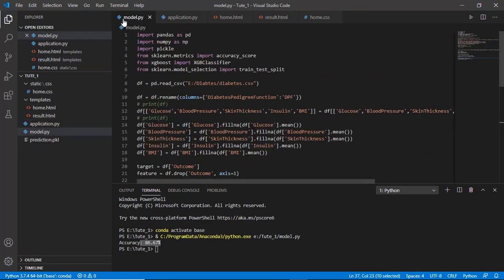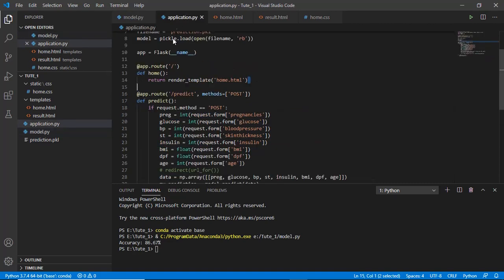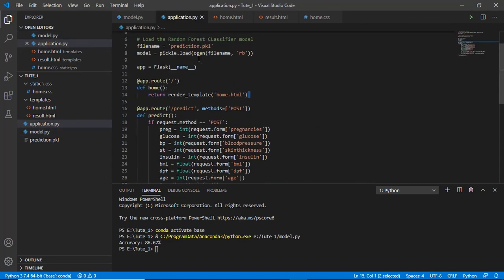Now I'm going to run my application because I already ran my model, and I got 86.67% accuracy. I also created one prediction.pkl file, and I'm going to use that file here. So when any user enters their data, that data will be predicted using this prediction file.